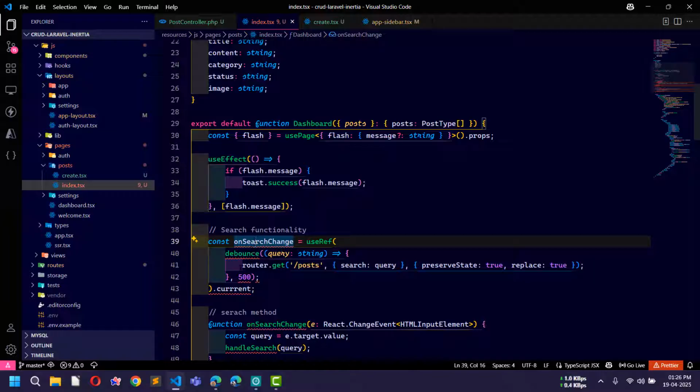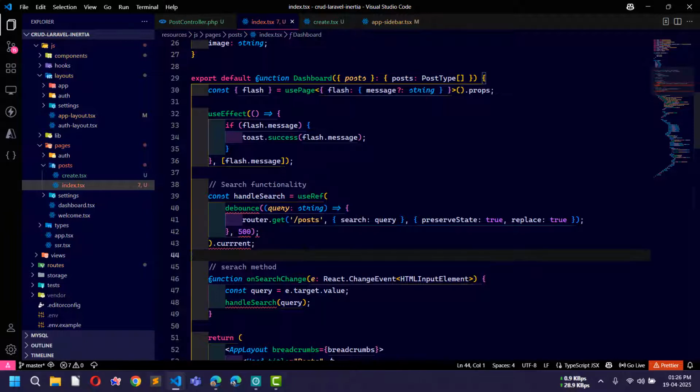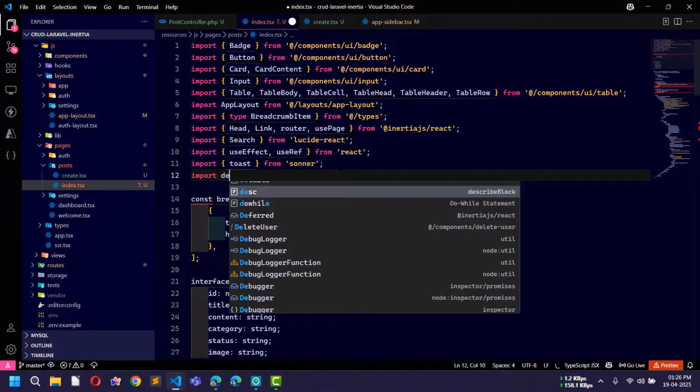And let me const handle. I think something is wrong here. I think we need to use this method here, handle search. Okay, and we need to import this debounce. So to import, I will write import